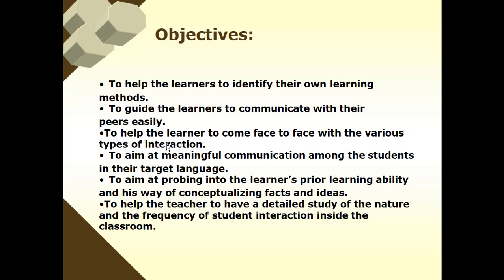Following that, to aim at meaningful communication among the students in their target language. Then, to aim at probing into the learner's prior learning ability and his way of conceptualizing facts and ideas. And finally, to help the teacher to have a detailed study of the nature and the frequency of students' interaction inside the classroom. Okay,